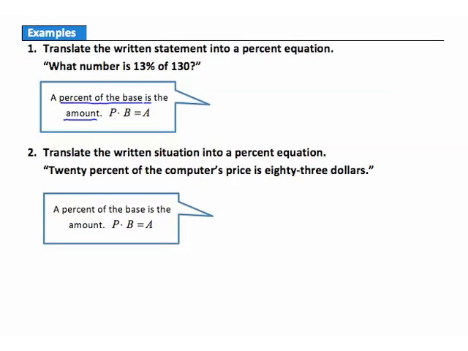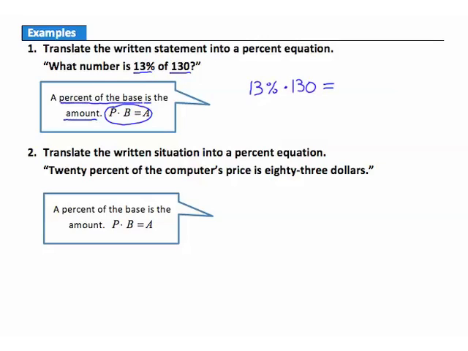To enter the information into our equation, percent times base equals amount. So let's start with a percent and the base. Remember, the percent is getting multiplied by the base. So here we have 13%, and of indicates multiplication. So we are multiplying 13% times 130. That means 130 is my base. So I'm going to take 13% times the base, times 130